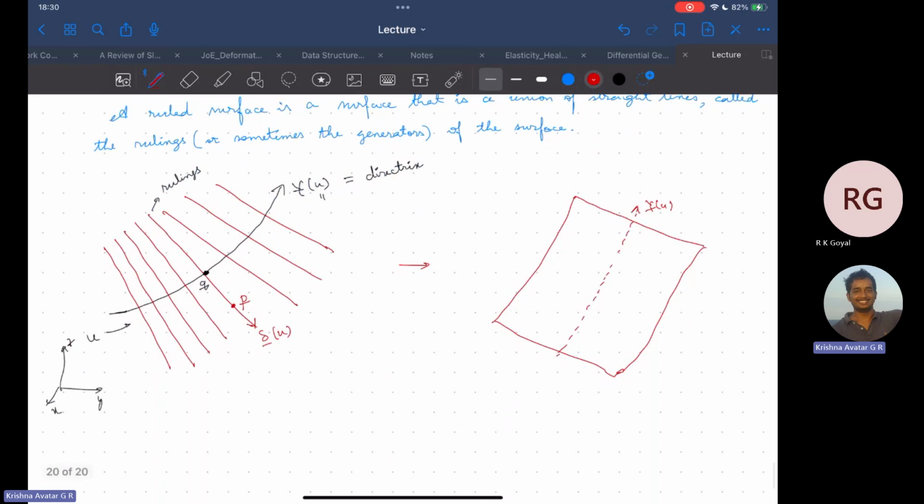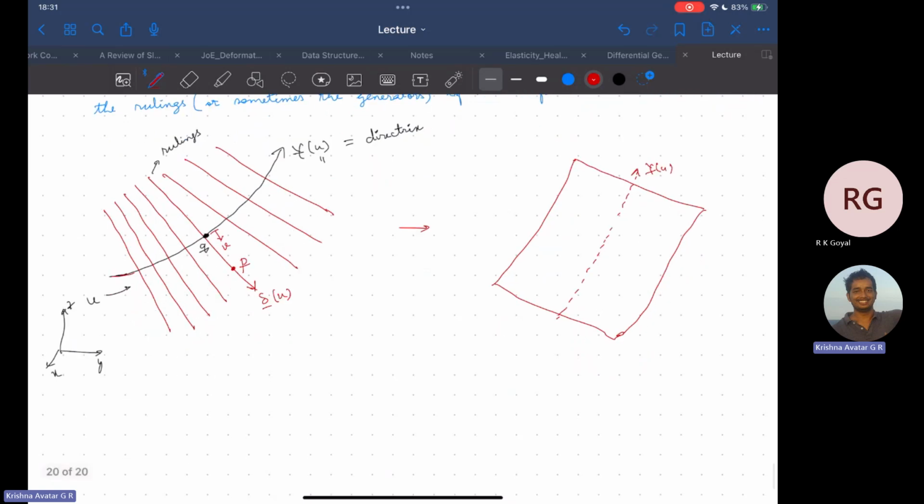Along this particular ruling, and these are all straight lines, mind you, there will be some parameter which is changing along those lines, and which always has a value of 0 on the directrix. So v is a parameter along this, which means that any point p vector is given as